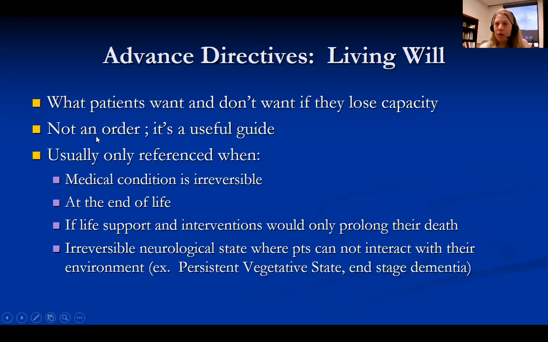And the reason I put this one in here, it is not an order. If I handed my advance directive to an EMS provider and it said DNR on my advance directive, EMS can do nothing with that because it's not a medical order from a doctor. Okay. All right, so we'll go over POLST and why DNR forms are important a little bit later.